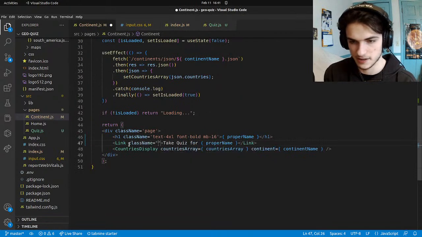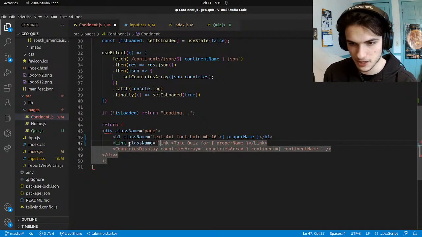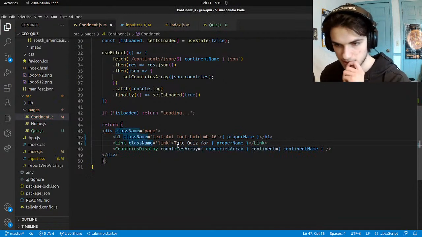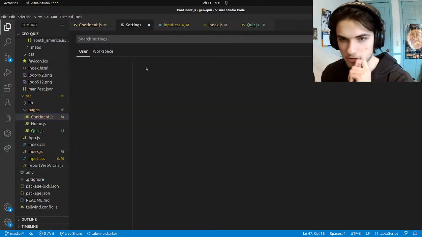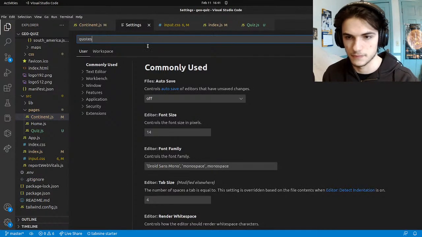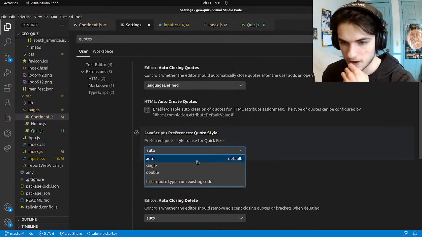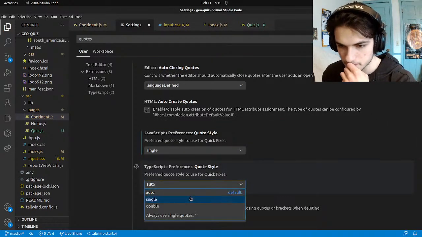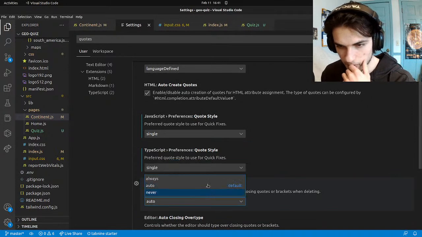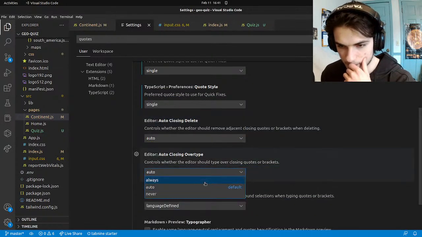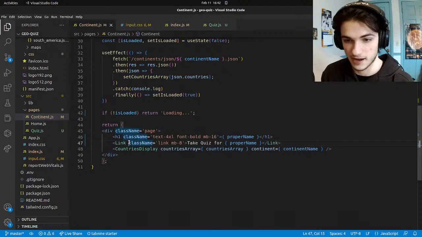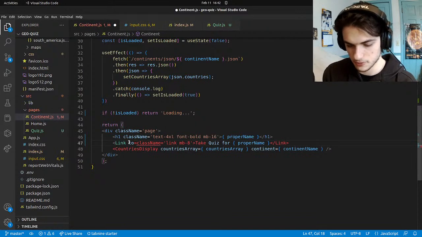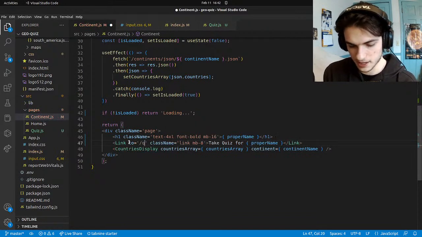Class name link. Not sure why VS Code is auto completing with double quotes, even though I thought I have it set to single quotes. It's annoying. Oh, it's auto. Okay. I used to do double quotes, but let's fix that. To is equal to /quiz, and then